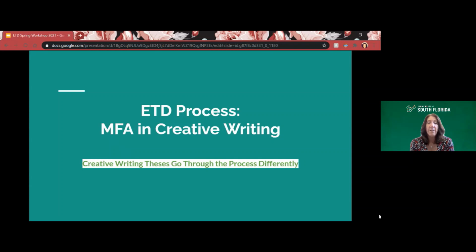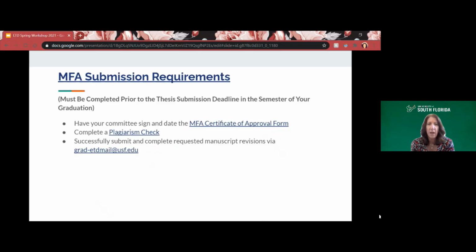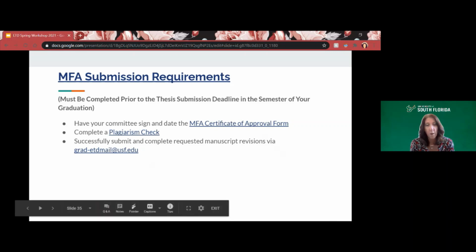All right, now MFA, and I know there's at least one person here with MFA. So what's happening here is you basically follow the same requirements, except we do have a modified certificate of approval form that you would fill out. Okay, so we do want to embargo your work, because this is typically,